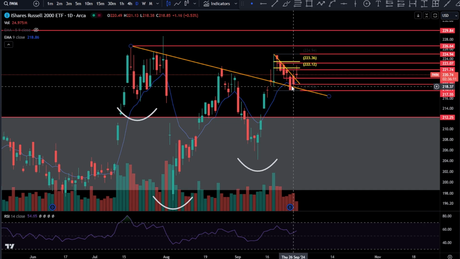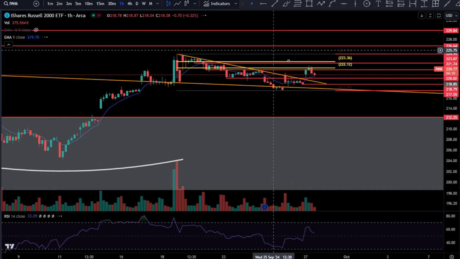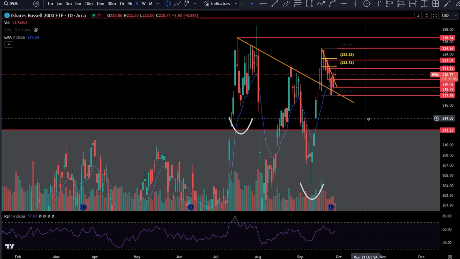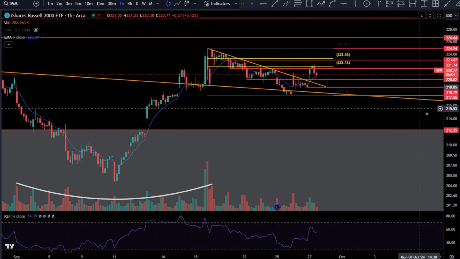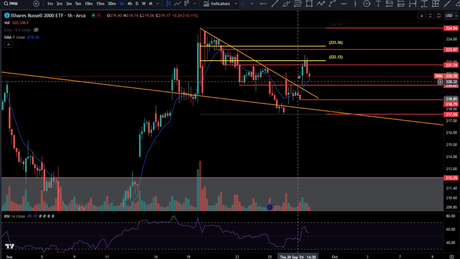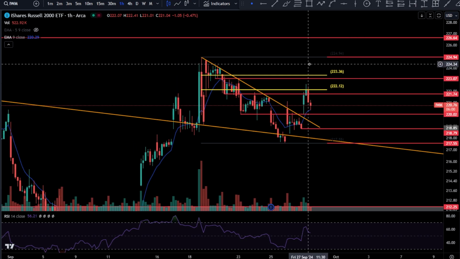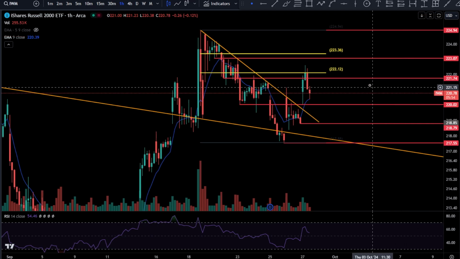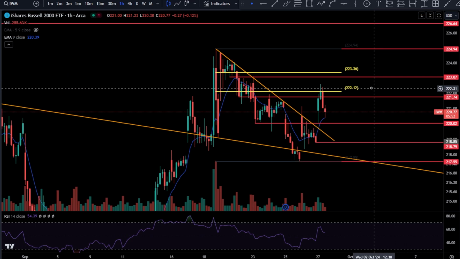IWM, how we looking, guys? You did end up getting your downtrend break over here. You bounced back from the retest of this daily downtrend right here, right? So you did start catching a bit off of that. And then what happened? You bounced straight into that golden pocket, and you expect sellers in that golden pocket, and that is where they stepped in, all right? So support is 220.02, 218.79, 217.50, 55.